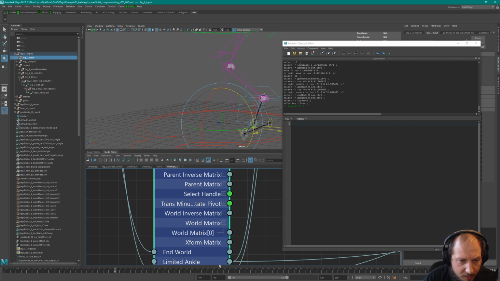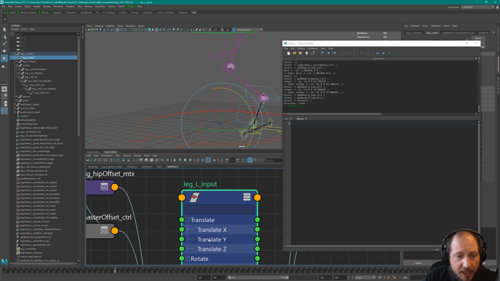World matrix is one of those, and you recognize those by the square brackets index that you have on the side. And you have compound attributes. Compound attributes have children, and you can have arrays of compounds and compounds of arrays, and you can nest them. There's some nastiness here and there if you start going neck deep into this kind of stuff,